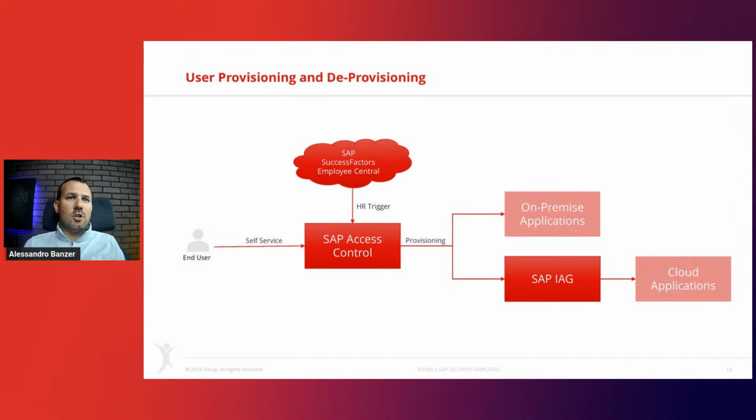We call it IAG Bridge, where we basically use IAG as a middleware to access control to provide the same capabilities to the cloud, meaning we can run risk analysis to the cloud systems, we can provision, deprovision to cloud applications, and we can also do business role management and so on to those cloud applications. And IAG is really nothing else than a middleware there. And we have the same capabilities also if you use access control.